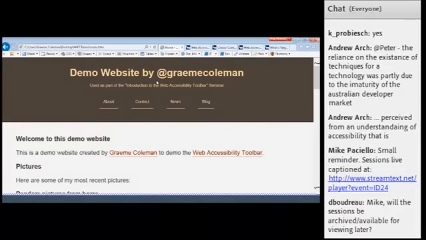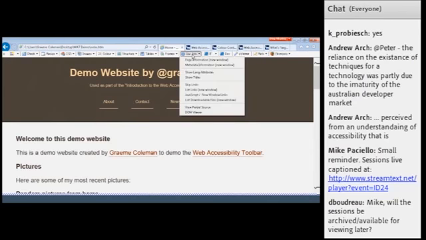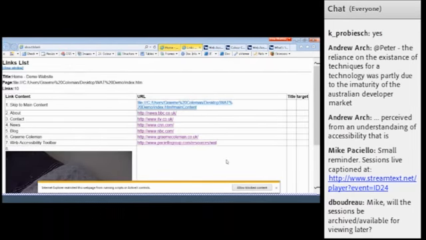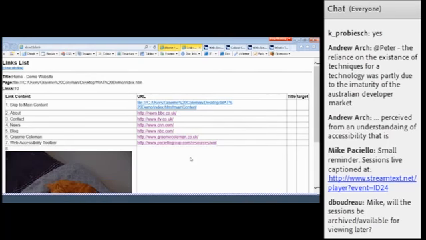I'm scrolling down the page here at the moment, so bear with me if there's any lagging of the screen. But if I scroll down to "Why did I make this site", you'll notice here that this sentence to demo the web accessibility toolbar has not been highlighted, because in this particular instance I've just used a div element, or a semantically neutral division element, to indicate that this is a piece of text.